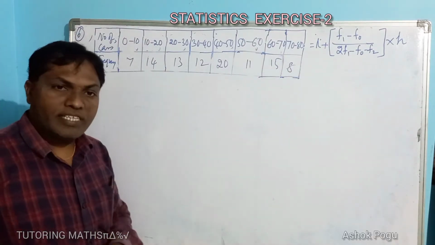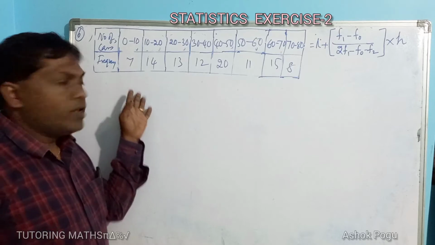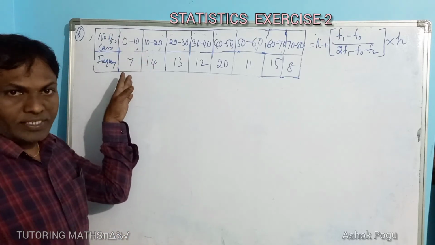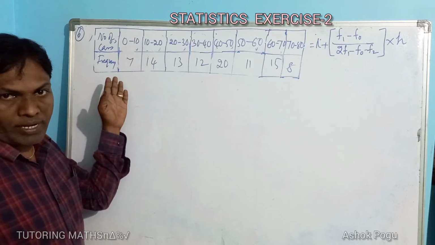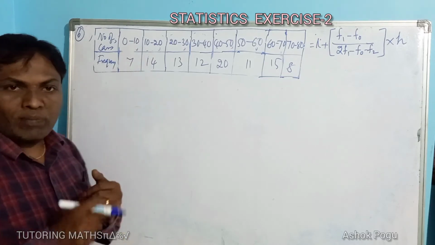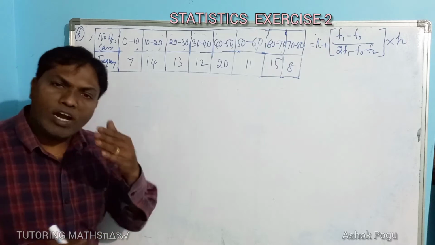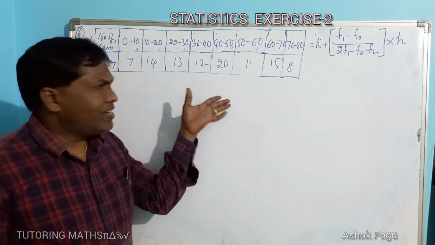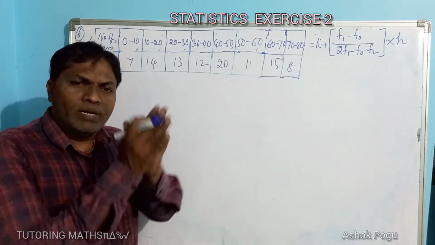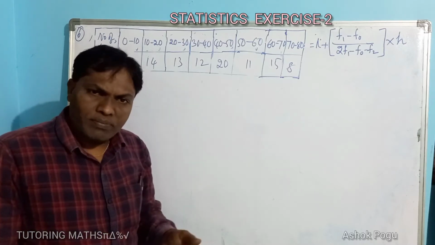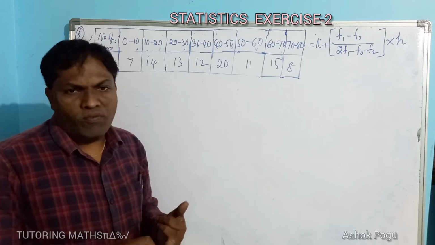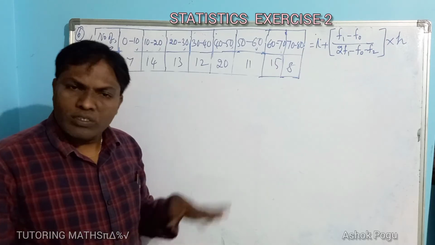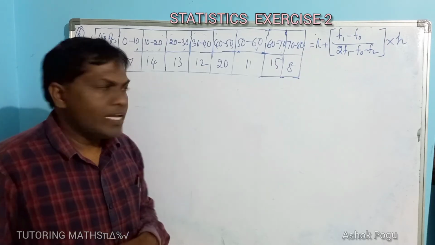Yes, now this is the data. Here also the number of cars and frequency are given. Number of cars 0 to 10, how many they have got. This is the data about the production of cars. Here also we have to find the mode. It's very easy. The given data should be taken, classified into columns, and you select the modal class, find F1, F0 and F2, substitute in the formula, and you get the answer.